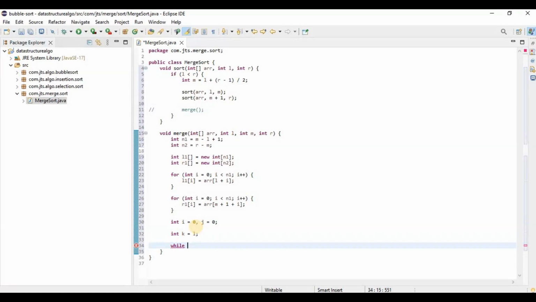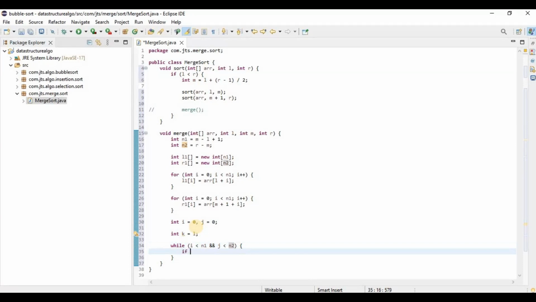Merging is going on, so we need to do this very carefully. While i is less than n1 and j is less than n2,